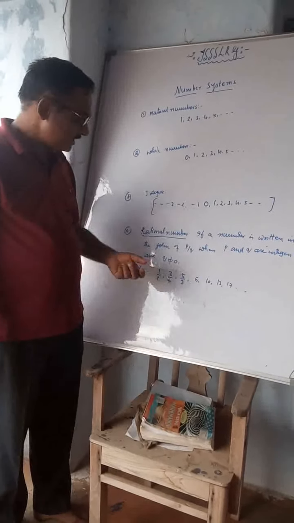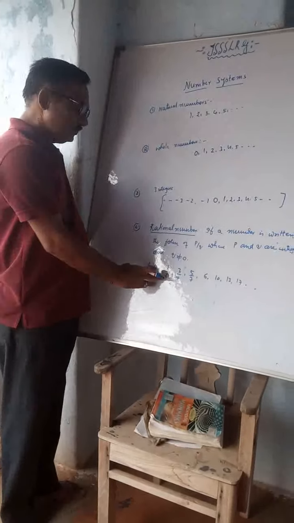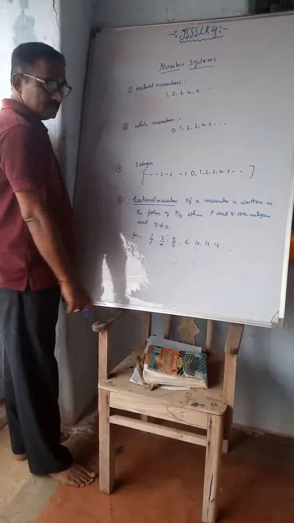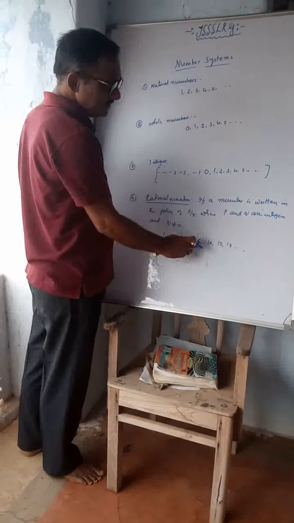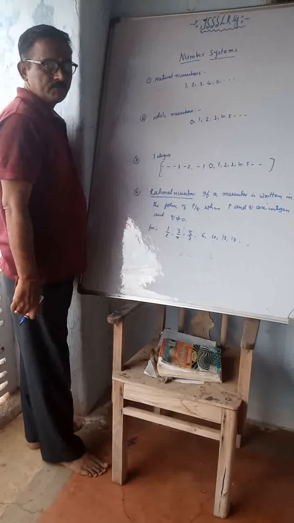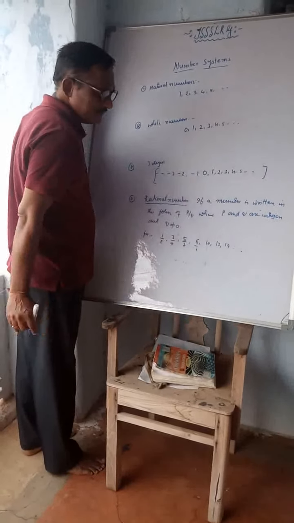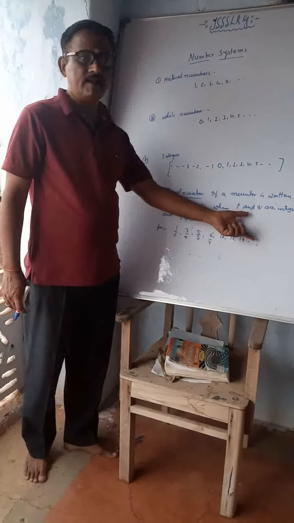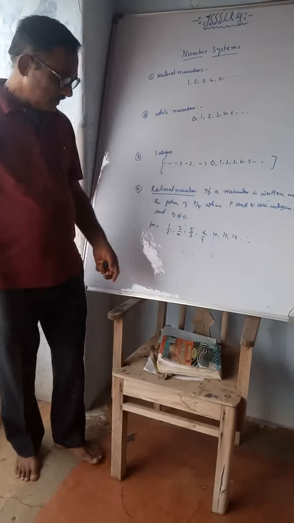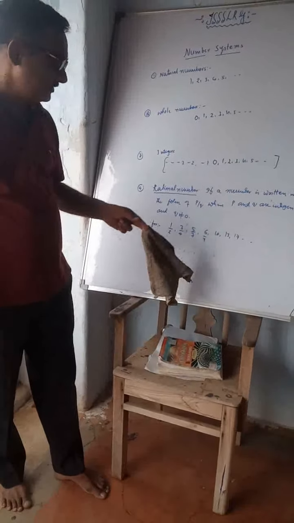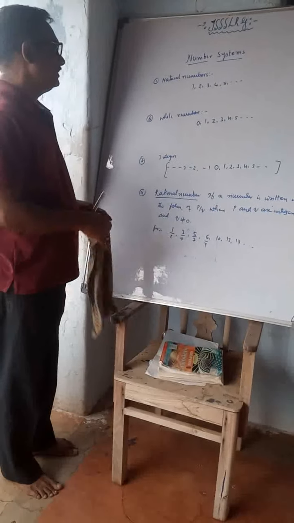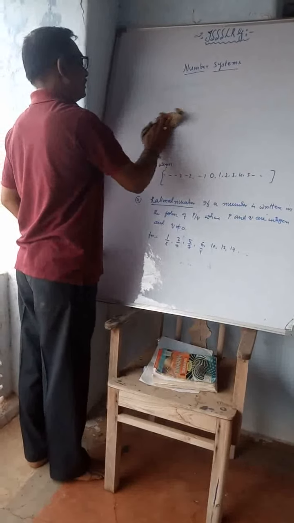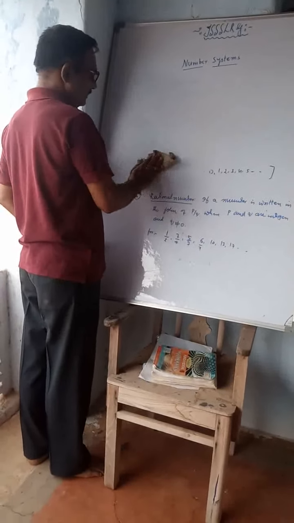Let us see the denominator of the rational number. Here 2 is a number other than 0, 4 is there, 7 is there, 6, 10, 13 and 17 are also there. We can write the whole numbers over 1, because every number is divisible by 1. So far we can say that these all are rational numbers. Now after the rational numbers, we are going to study about the decimal numbers.